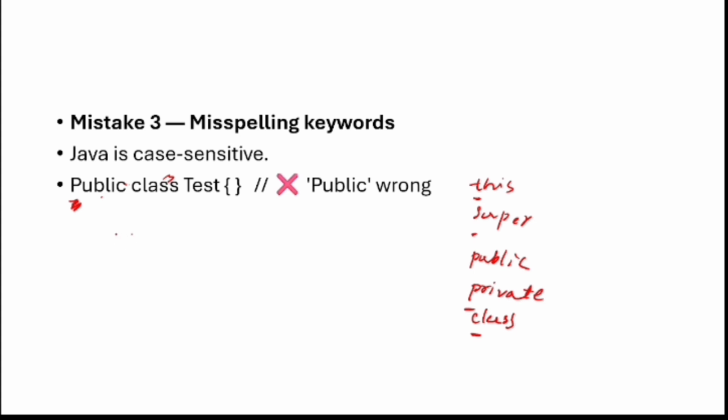Okay, so you should mention small p, public, class, and then Test, then opening and closing braces. Okay, so this is the definition of a class. You are defining a class here, but you have used the incorrect keyword. You have mentioned the capital P over there, which is wrong. Okay,